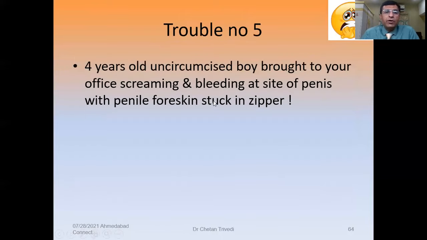So trouble number 5, a 4-year-old uncircumcised boy is brought to your clinic screaming and bleeding at the site of the penis, with the penile foreskin stuck in the zipper. Now this is a very, very bad situation, because usually the patient is so panicky, and usually it happens because the child is always in a hurry to go and pass urine,